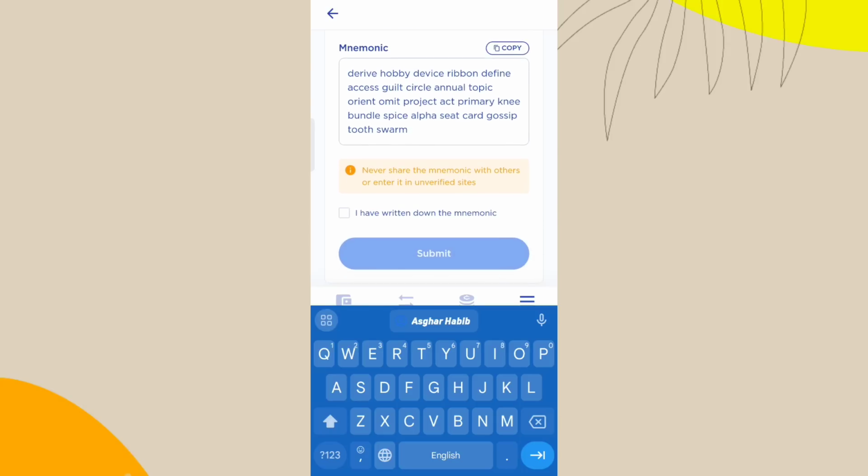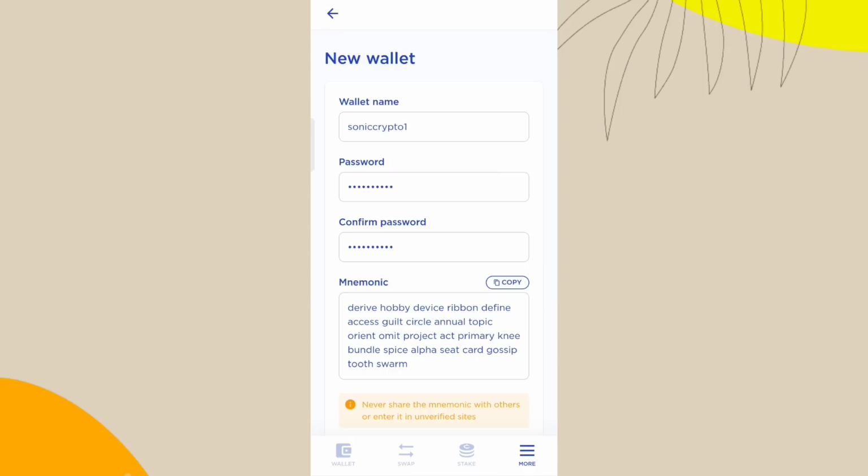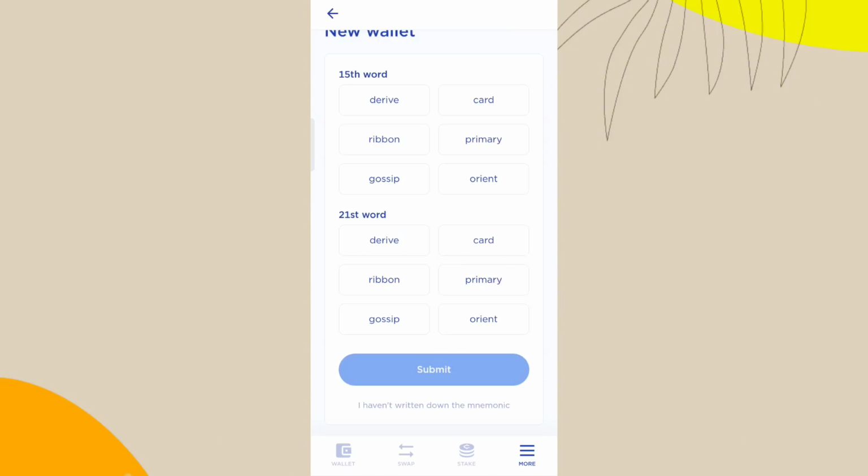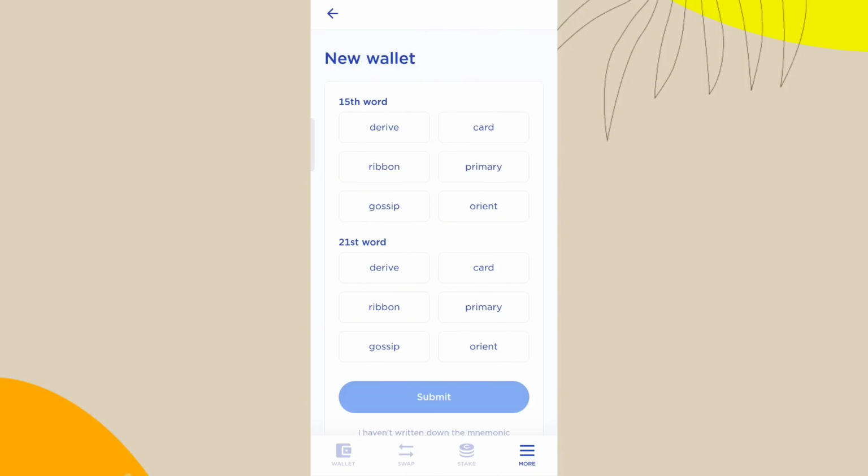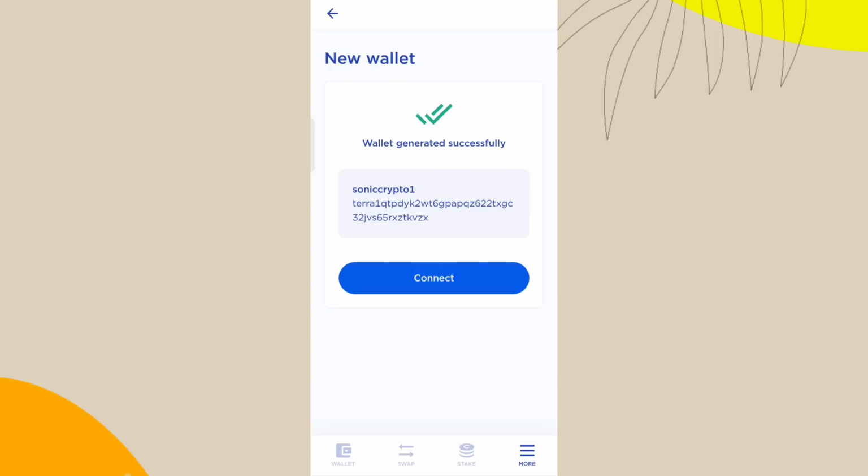Then click on I have written down the mnemonics and submit. Now we need to select the 15th and 21st words, and then submit as well. I have selected the 15th and 21st words. Now click on the submit button, and the wallet is generated successfully.